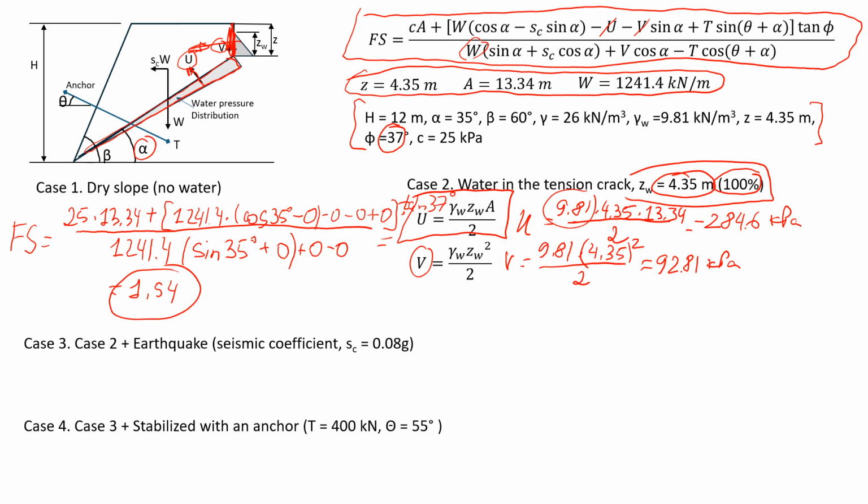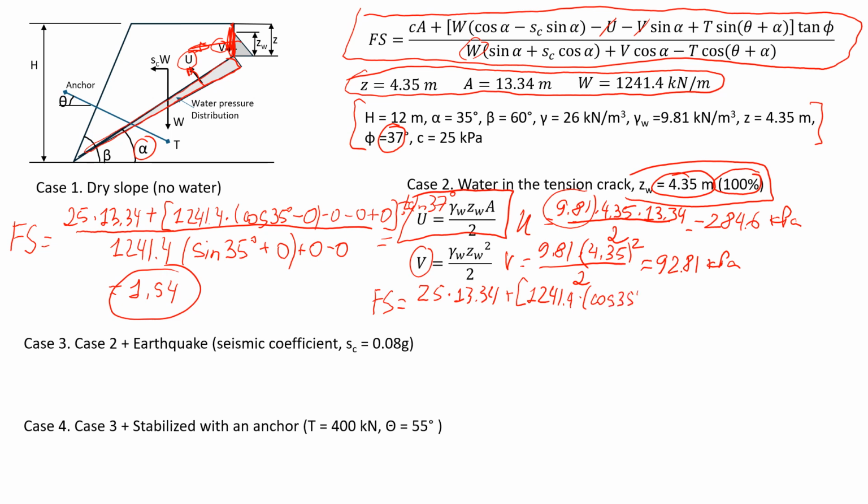Okay, so now we're going to estimate the safety factor for this second case when we have water, and we see if it's going to be different from case number 1 when we have no water. So I'm going to write it down here. Safety factor is equal to. Again, we start with what we know. We know that it's still the same cohesion, 25 times value 13.34. Then plus here we have the weight, we know it's 1241.4